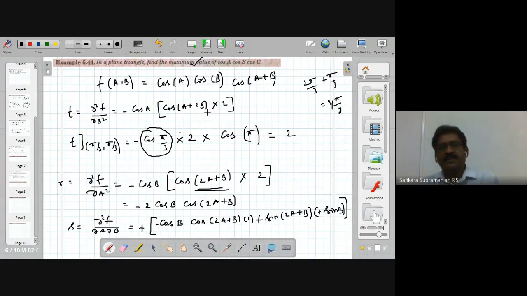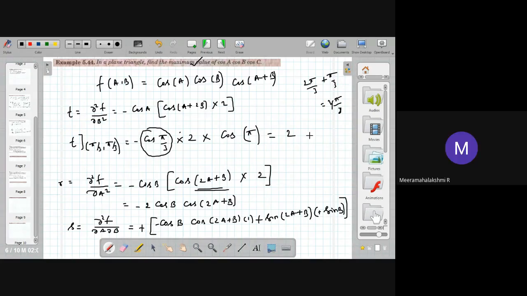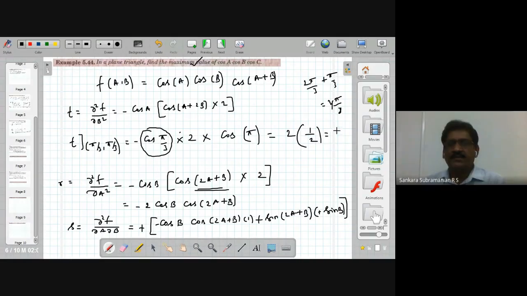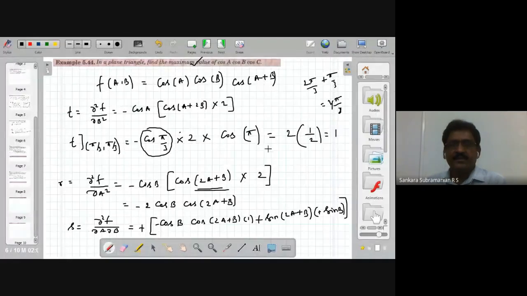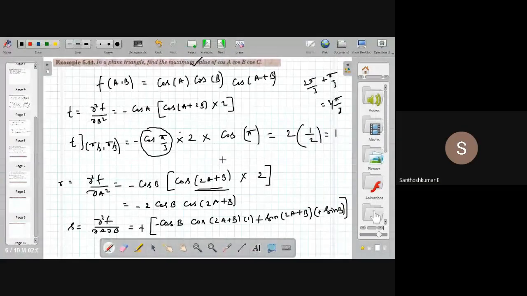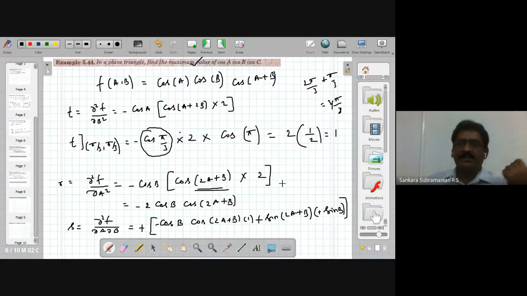What is cos pi by 3? 1 by 2. So therefore t is plus 1. Minus 1 வருது. So cos pi வந்து -1. தப்பா இங்க அடிச்சிருக்காங்க. சரி பாத்துக்கலாம். இங்க தப்பா கூட இருக்கலாம். So we have t equal to